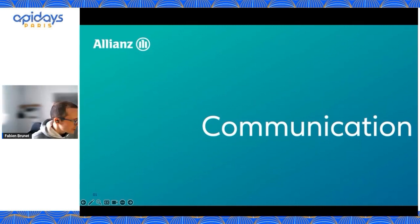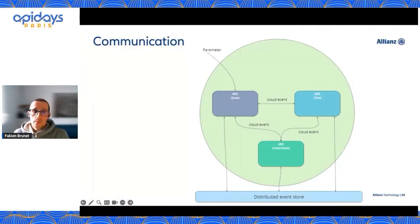I talked about communication because I think it's a very important point: communication between quote, client and some others. For example, the quote team can have an idea: when I create a product, I want to make this follow everywhere on the website. So it means we can have some parameter, because a parameter can be used by the routes, by client, quote, or checkout. So what does it mean? It means here we have the possibility to have some information behind the routes or some information with cloud events, because maybe the client can send something to